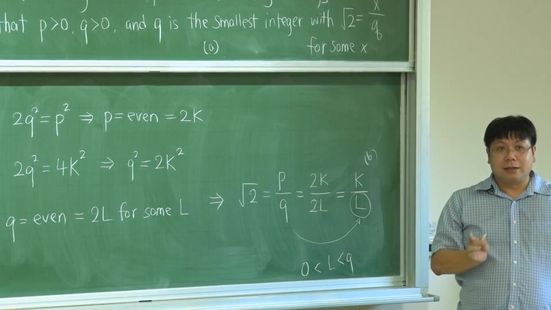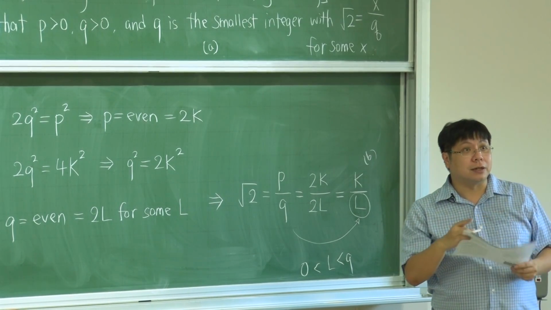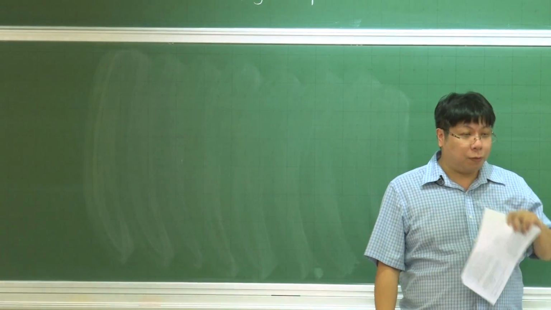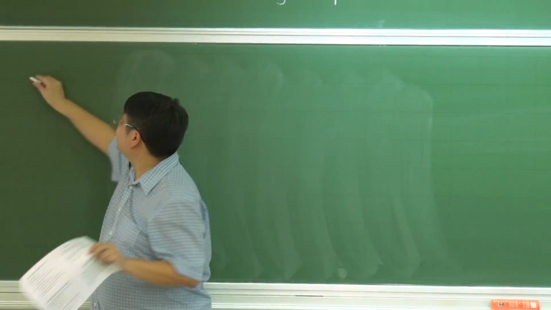Then in that case, there is something wrong. Okay? So this is the contradiction proof. Okay. So the next one is a well-known result in number theory. It's not here, but